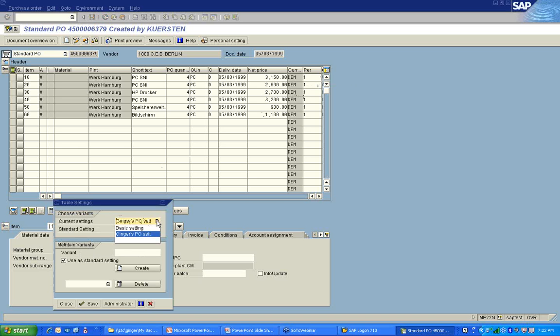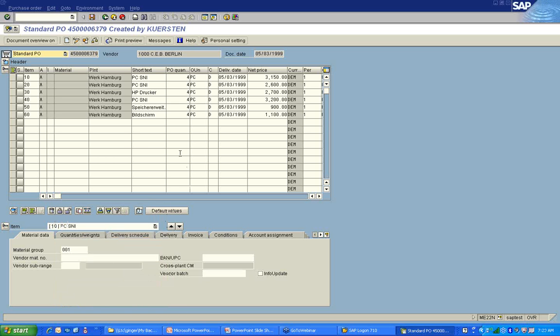And you can always go into this variant button and change your current setting. So you might have several different layouts that you want for this table depending on the data that you're working with, and you set the primary layout to the default, which is the current setting, and then when you go into the other data layouts, you just come into the transaction and change it for that particular execution of the transaction. I'll exit out of this pop-up box, and that is the